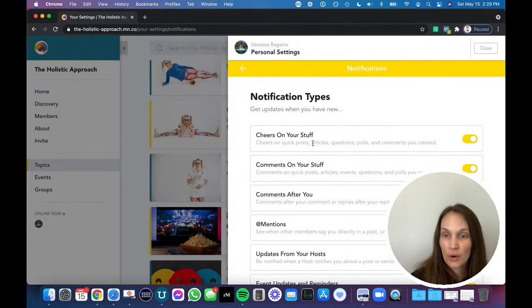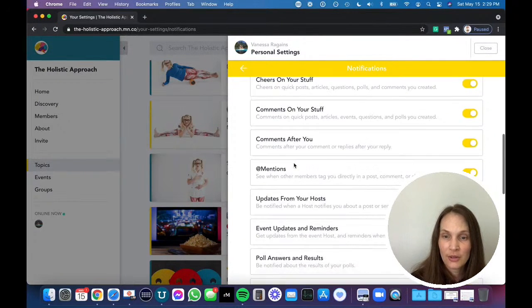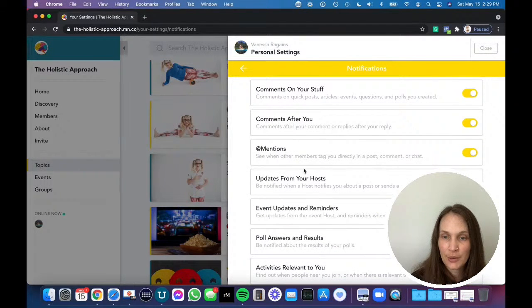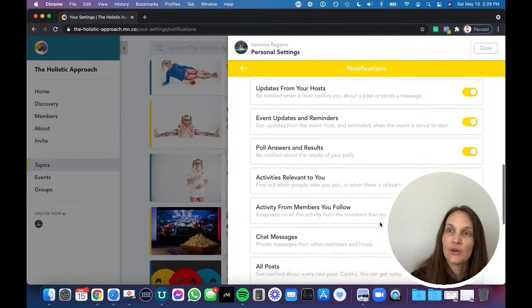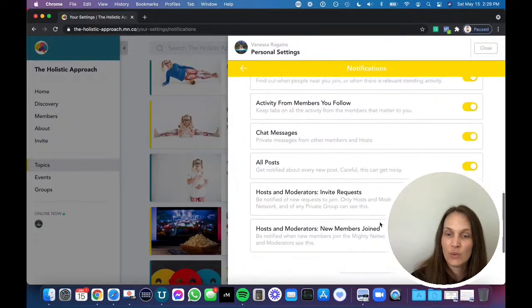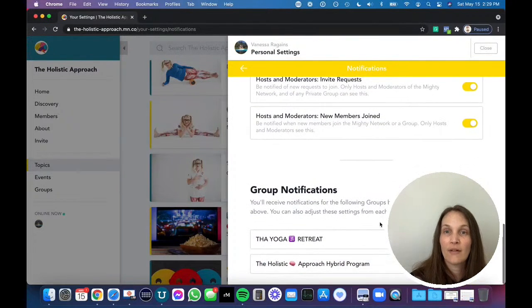Cheers on your posts, comments on your posts, comments after you, at mentions. I have them all toggled because I want to know what's going on. And I am the host, so I feel like I should have them all on. But make sure that you go through all of these and see which ones that you want to have on